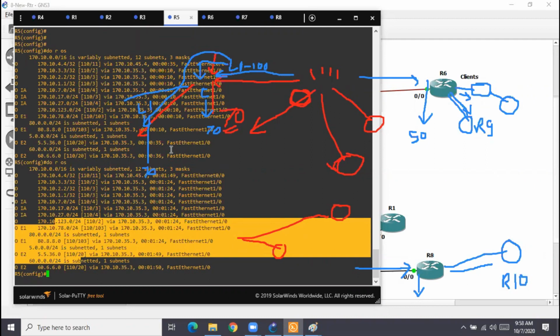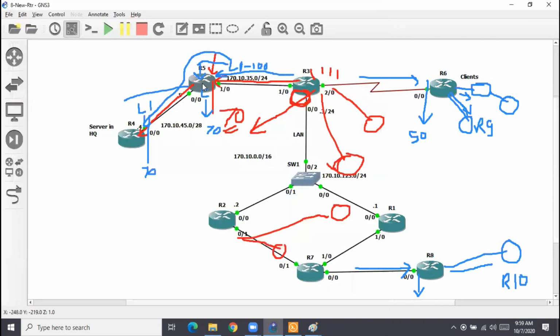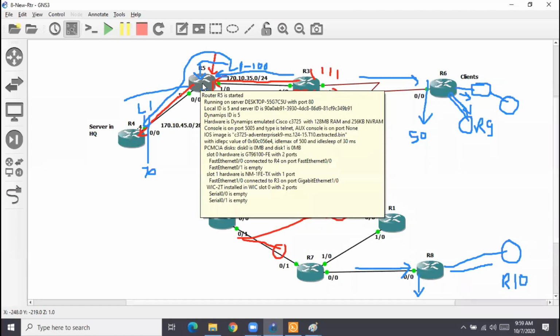Even though the route is visible in everybody's routing table, communication won't happen, because when everybody forwards the traffic for that particular route 70, the traffic will come and land on R5. And R5 will drop the traffic.